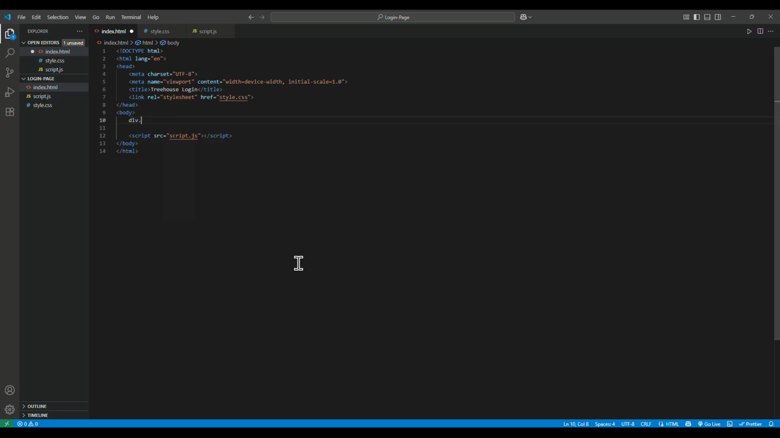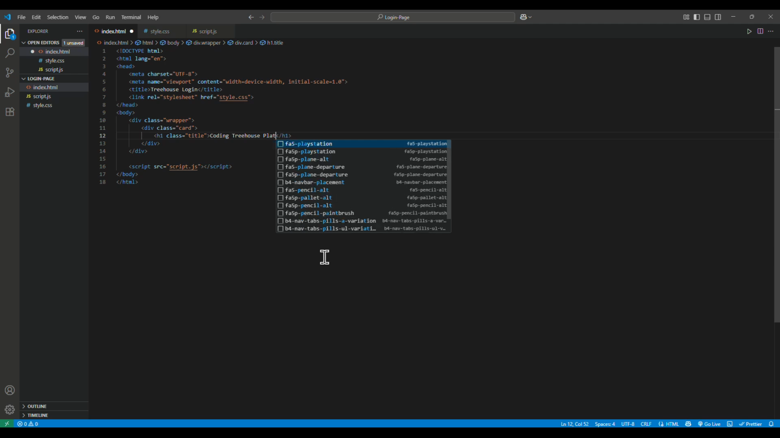We're going to do a div.wrapper to create a div with a class of wrapper, and div.card to create a class for your div of card. h1.title does that as well. Coding Treehouse